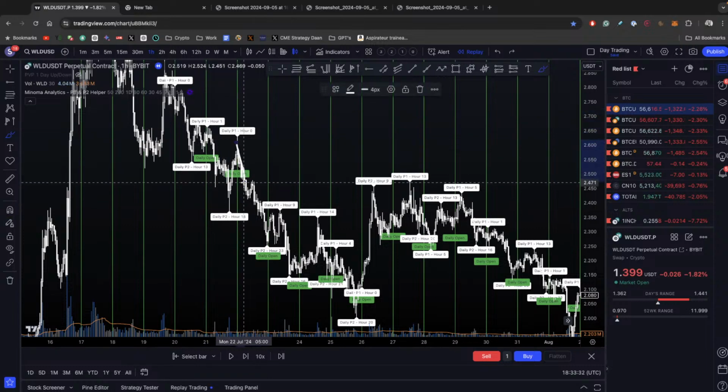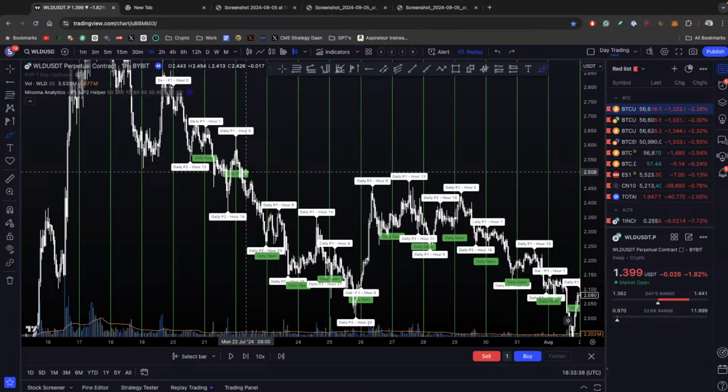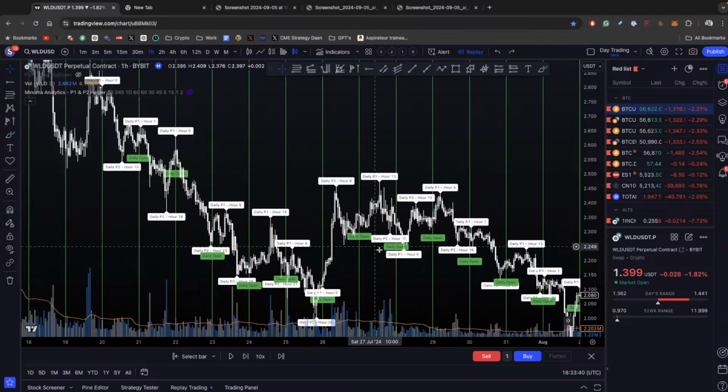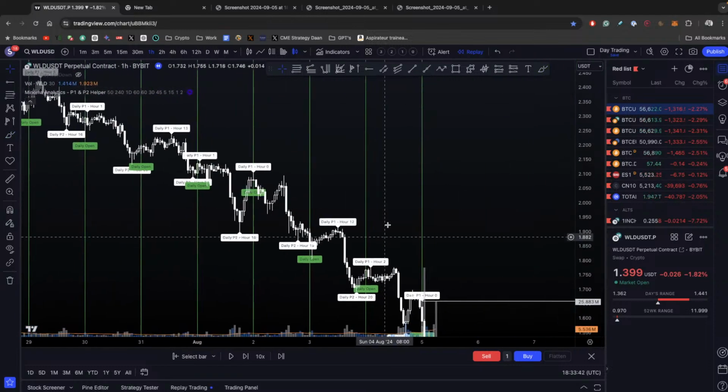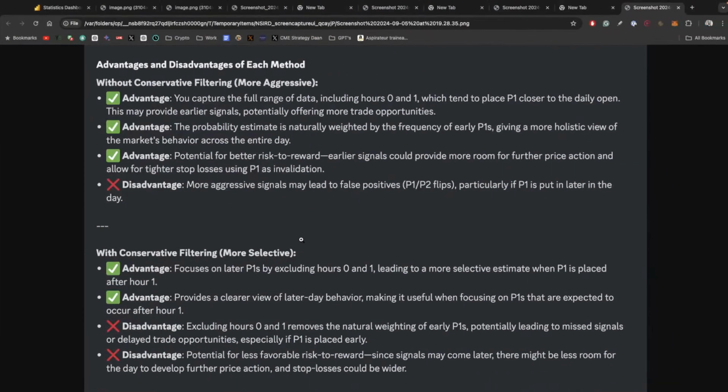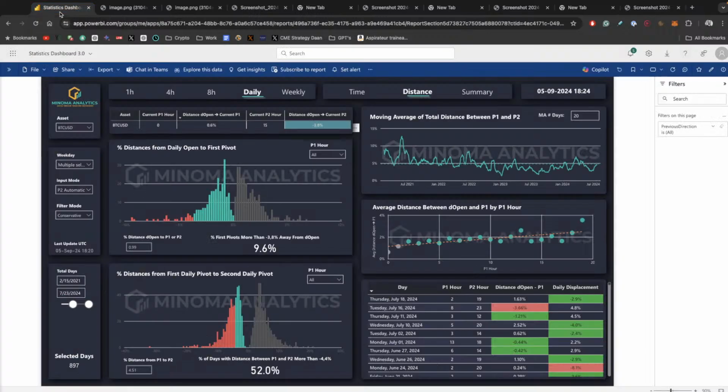So if you go down here, then if you don't use conservative filtering, you're going to get a signal much earlier on. It might even be that, and this is something I do not dare to say out too loud, I really have to check this. The gist of it is this. Let me put it like this. In an ideal world, we would know exactly when P1 would be put in during the afternoon or after hour 1 and when not. But